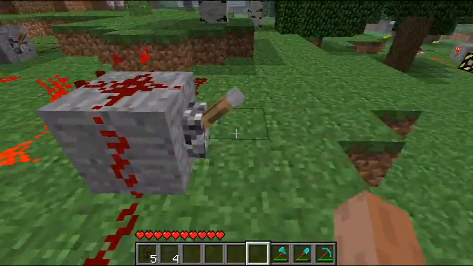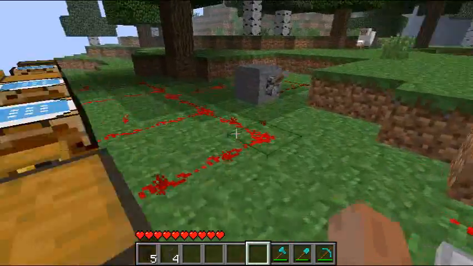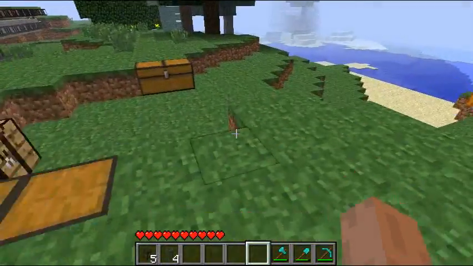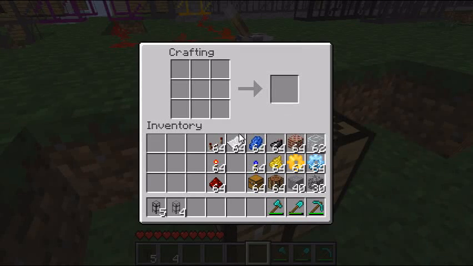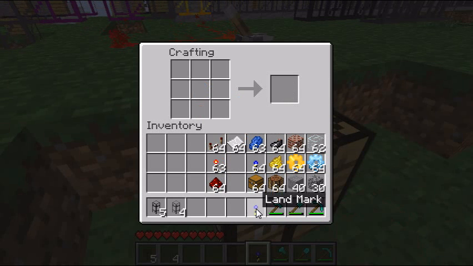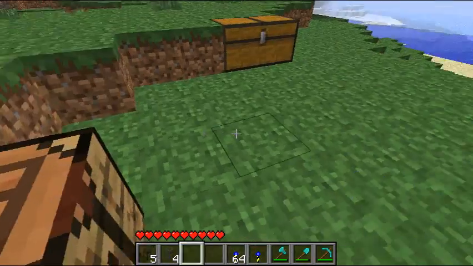Let's deactivate these things. Okay, now we are going to have a quick look at markers. So they work kind of the same as before, but the initial graphical design was kind of bugging me, so I've changed it, and now it's looking much closer to torches. You can still place them on the ground.